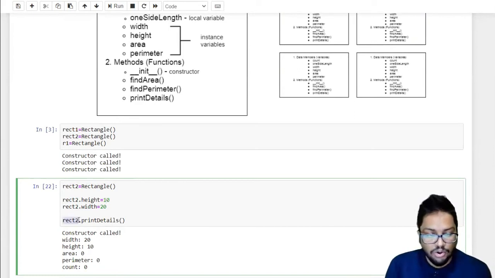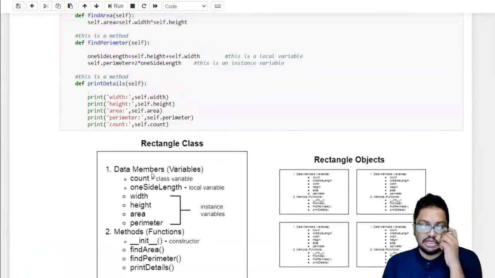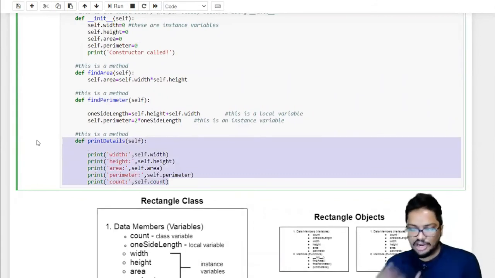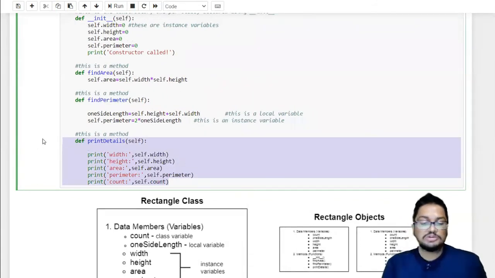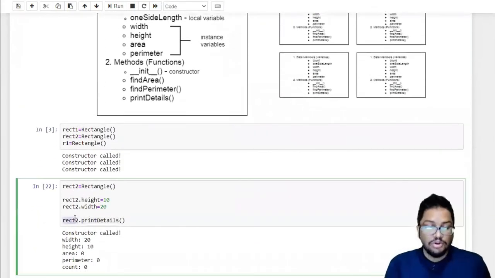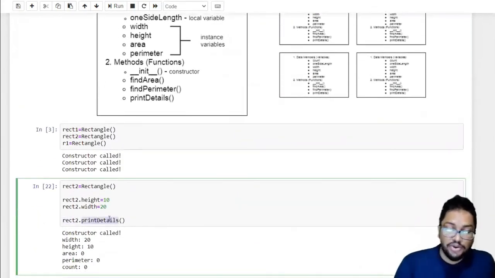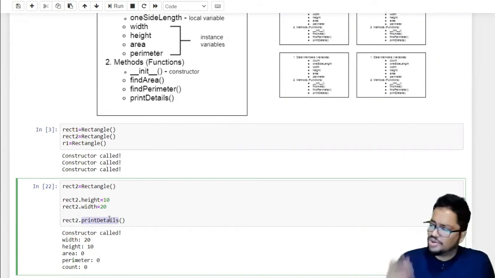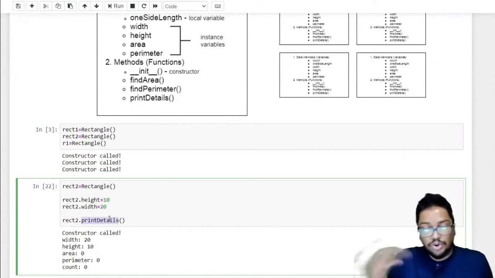Then I'm going to call print details. You know there is a print details method in the class, so each object you create from the rectangle class will also contain this print details method. Rectangle 2 also has a print details method. To call the print details method of the rectangle 2 object, you call it like rectangle 2 dot.